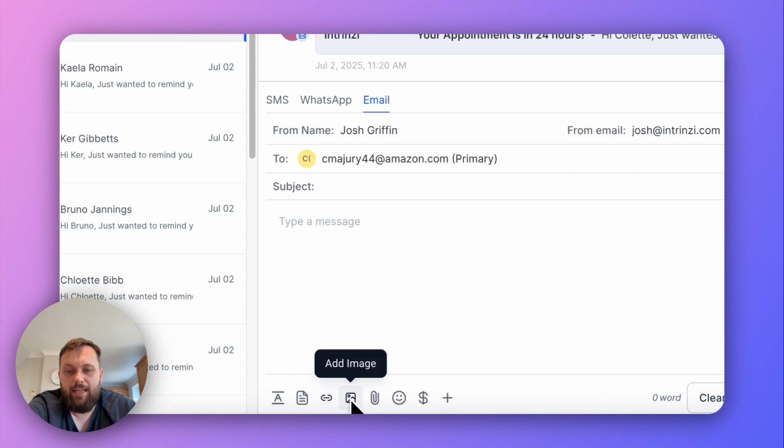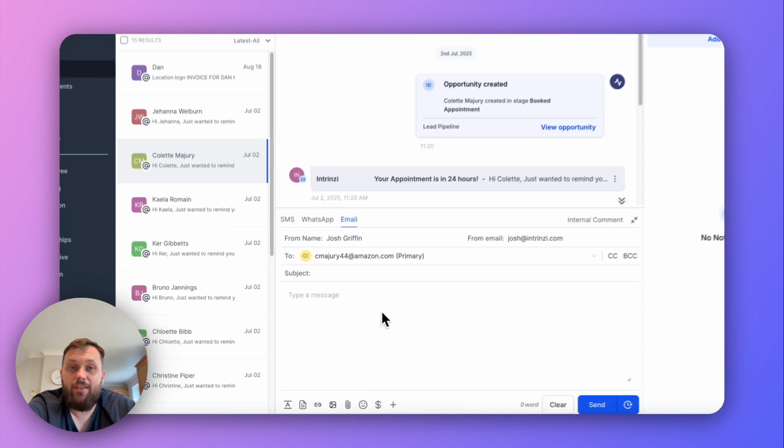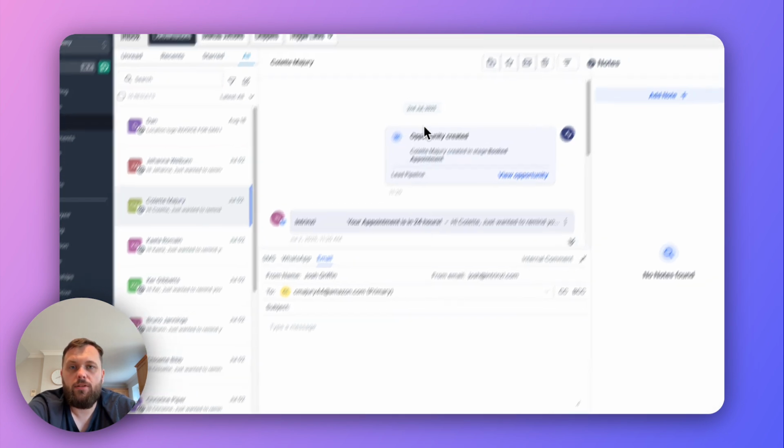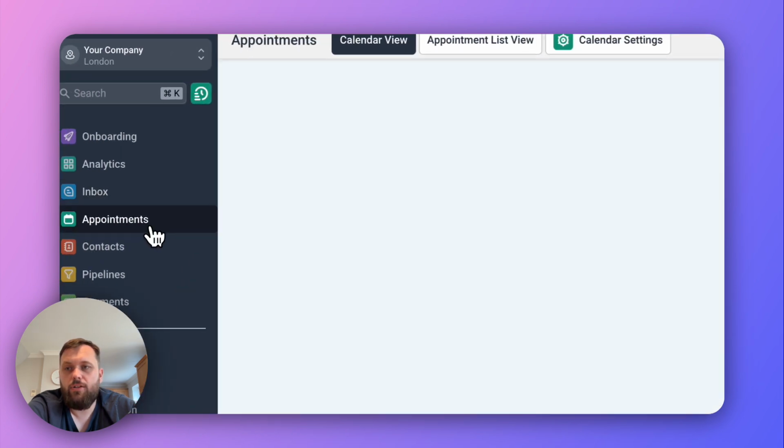You can also insert, add links, add images. Basically anything that you want to add or attach to this client and message them, you can within this unified inbox area. We looked at it briefly before on the right panel, but if you go into your appointments tab,